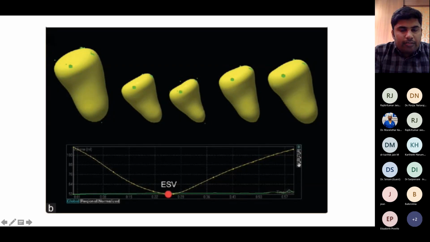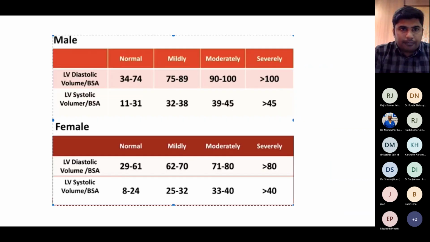Sometimes tracing the endocardial border is difficult. Due to advancement in 3D techniques, automated endocardial detection is available nowadays. By just pointing the septal point, the lateral point and the apical point, the machine itself tracks the endocardium from end diastole to end systole, and the volume can be measured in the same cardiac cycle. Foreshortening is not a problem with 3D measurement, as this is due to automated endocardial border detection.